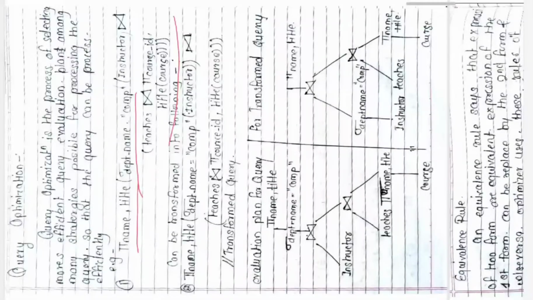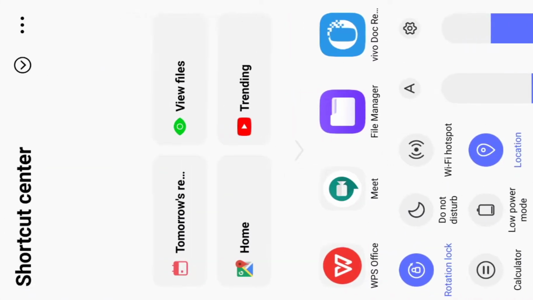You can see this query is a little bit typical. Instructor is joining with teachers, and this teachers is again joined with course ID, and that I am going to select from another relation, selecting the course ID and title from this course, right?